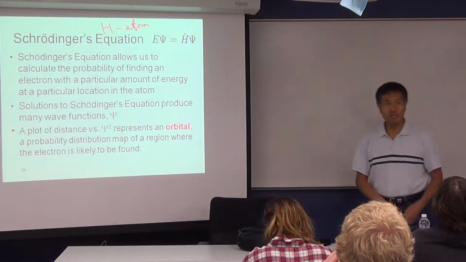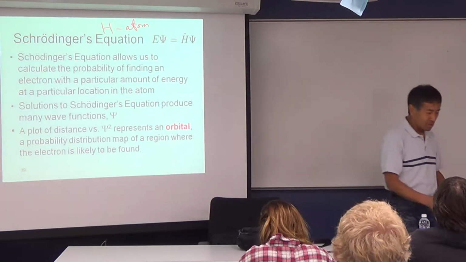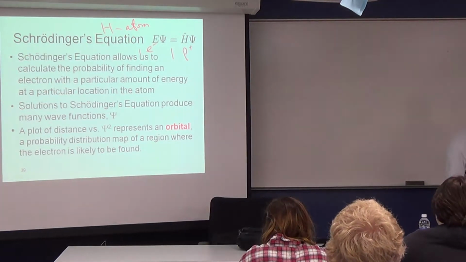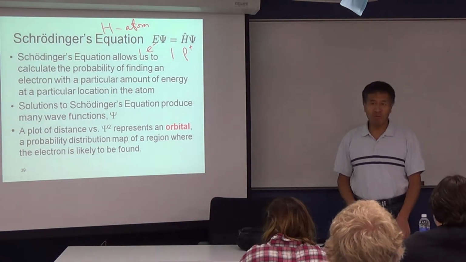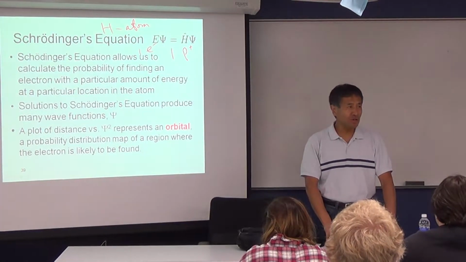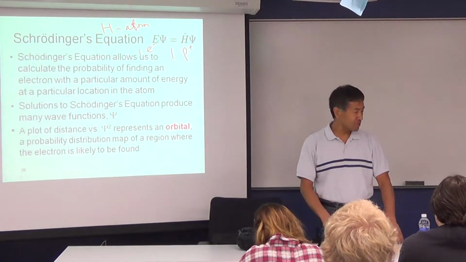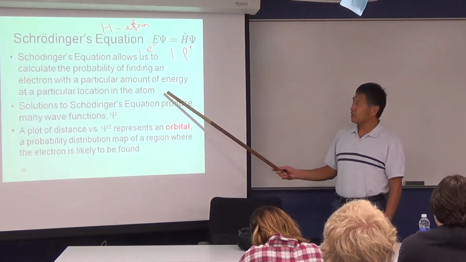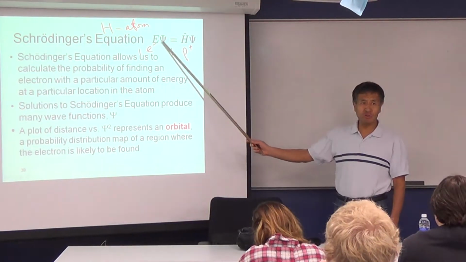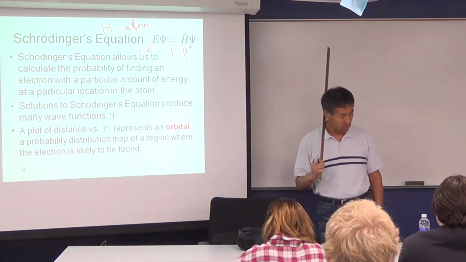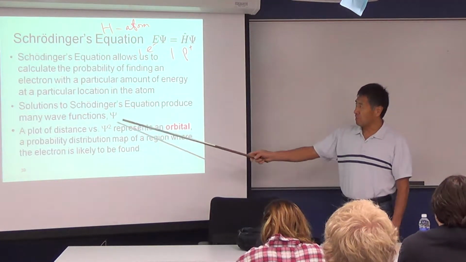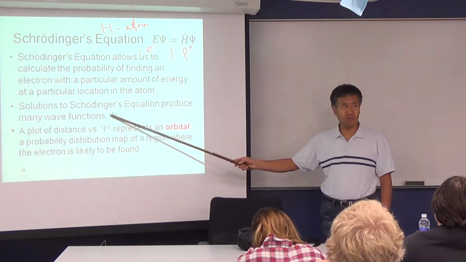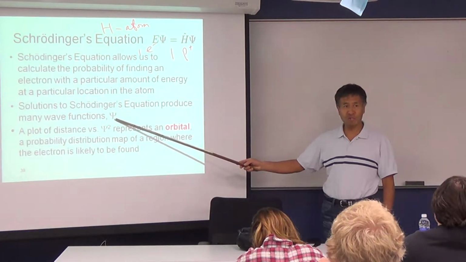A hydrogen atom has only one electron, one electron and one proton. So that makes the problem much simpler. And then you can solve that analytically, algebraically, mathematically, and find the solution. Okay? The solutions we find from the Schrodinger equation have some special names. We call them mathematical functions or wave functions. And usually, most people in the chemistry class or physics class will use this Greek letter psi.